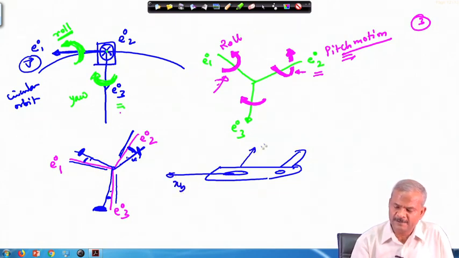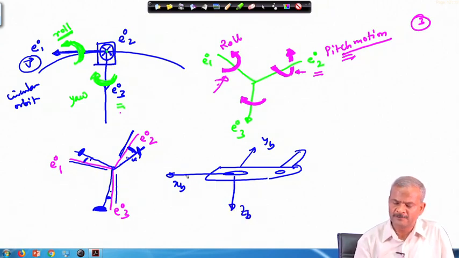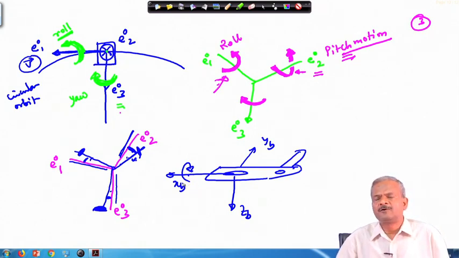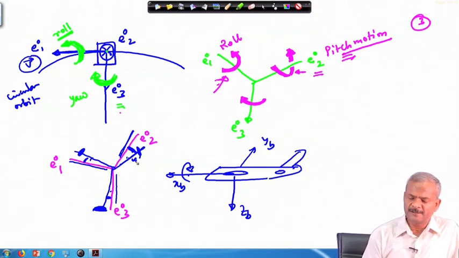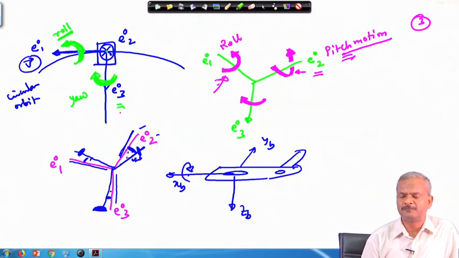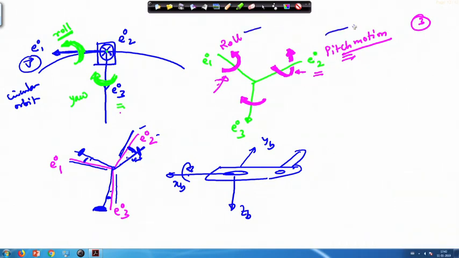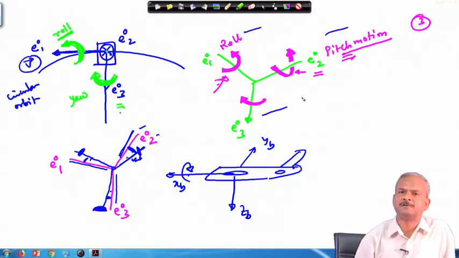This is the x_b axis, this is the y_b axis, and the z_b axis is pointing downward. So, consider the roll about this body axis. In fact, roll, pitch, yaw, whatever we say, these motions are about the body axis system. But here it so happens that the body axis and the orbital axis are quite near to each other, and therefore I am saying that this is the roll, this is the pitching motion, and then the yawing motion. Okay.